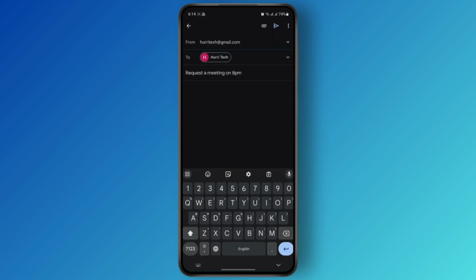Some common examples: if you want to do it formally, it's sincerely or best regards. Or if you want to be a bit more casual, it could be best or thanks. So that's how you